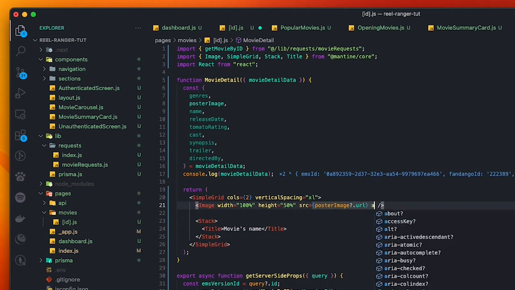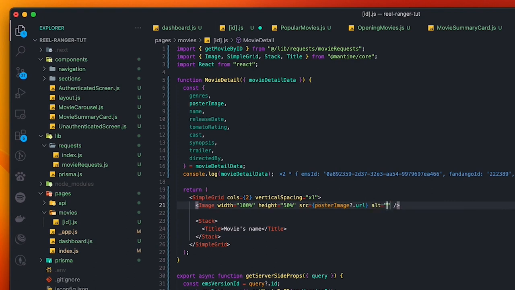Then the alt, the image alt text that's going to be used as the title for the placeholder and to describe it to screen readers. We're going to make it backticks. It's going to be a JavaScript expression in backticks. I would say movie poster image